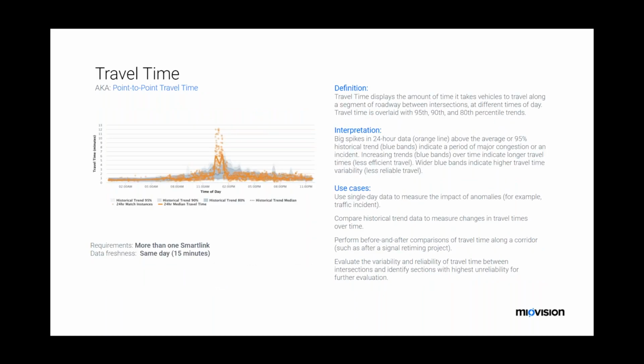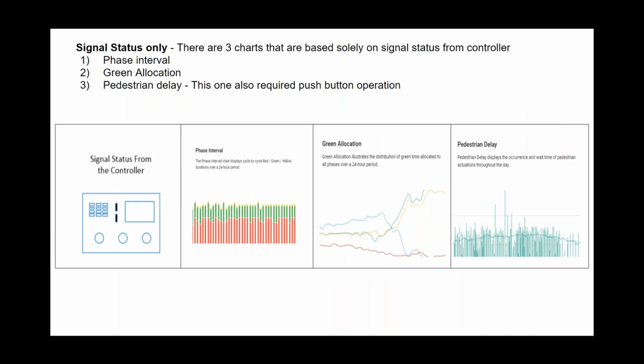So let me go back to this one. The next one is more about just the controller itself. So before we get into the combination of some of the data, the traffic controller does provide some pretty useful information on its own, main one being just the phase interval chart. Phase interval chart provides you with what was the length of the green, what was the length of the red, what was the length of the yellow across all movements of the intersection, mainly to highlight generally what it is doing throughout the day. Many cities run time of day plans, AM, PM peak periods, where they actually shift schedules.